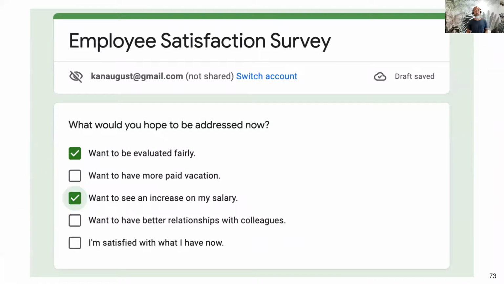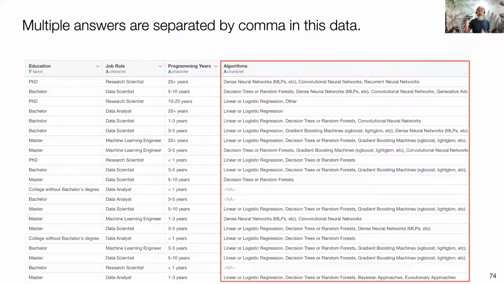And then when you get the data, what happens is that one column contains multiple answers or multiple values, typically separated by comma, sometimes colon, sometimes other characters. And the question here is, well, in this particular data we are looking at, this is from Kaggle. Kaggle is sort of a community for the data scientists. And they did a survey